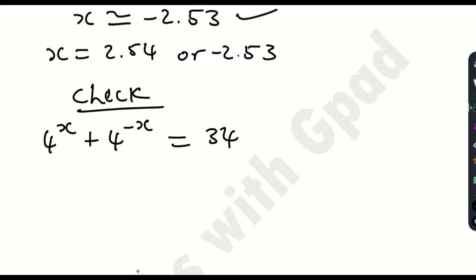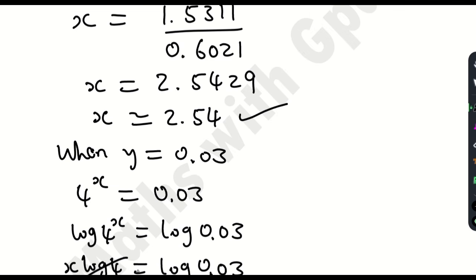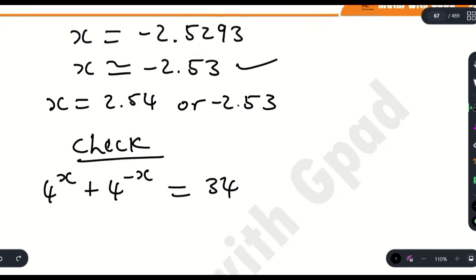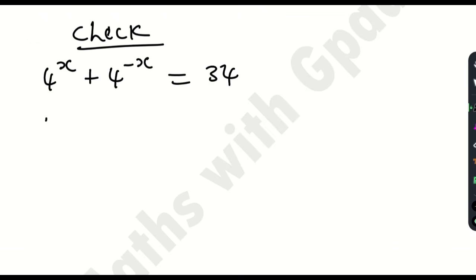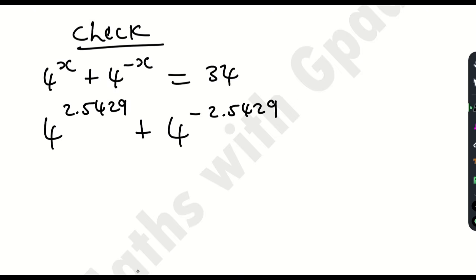Let's go back and check what we had originally. Our x was what? I'm going to use this one, 2.5429. I don't want to use the approximated value. So 2.5429 is what I'm going to use. So that's 4 raised to 2.5429 plus 4 raised to negative 2.5429. Let's see if this will give us 34. Okay, using my calculator, 4 raised to 2.5429 is